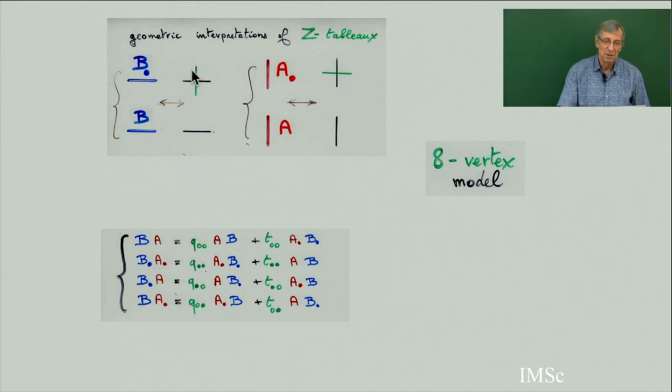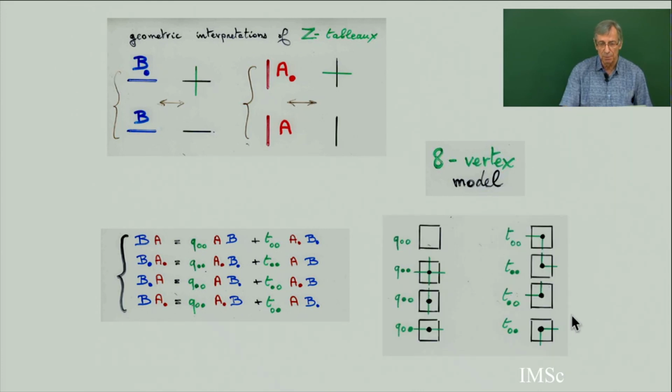You replace each of these letters by non-oriented edges, and you get these 8 possible cases for the 8 possible coefficients. So the complete Q-tableaux are going to be configurations, in general in a rectangle, of some subgraph with some edges. The condition here is that at each point there is an even number of edges connected to a point. Here there are no edges connected. Here there are 4 edges connected, and in all the other cases only 2 edges connected.